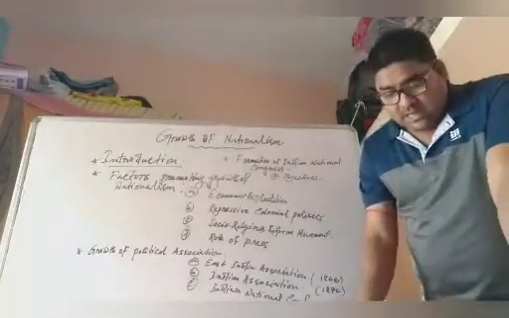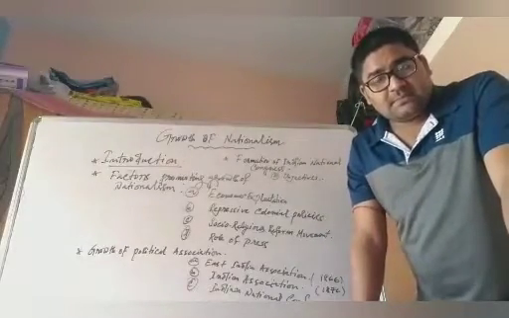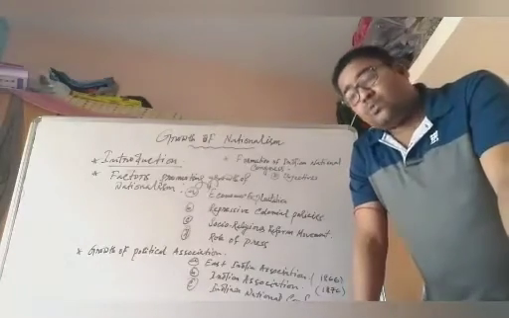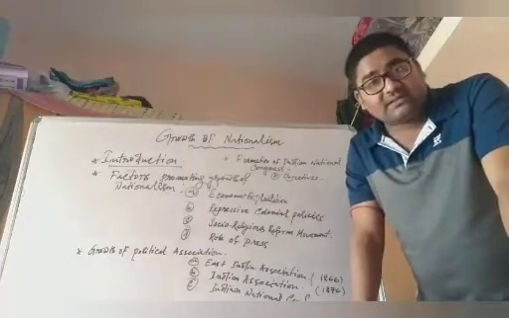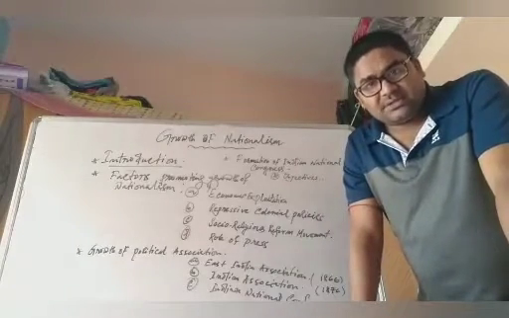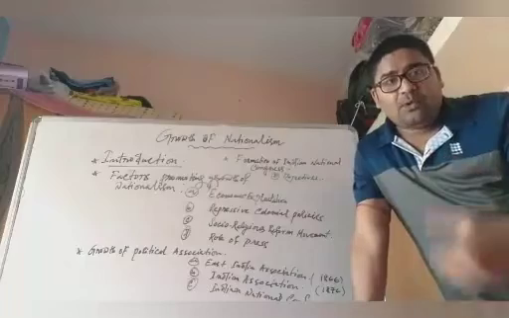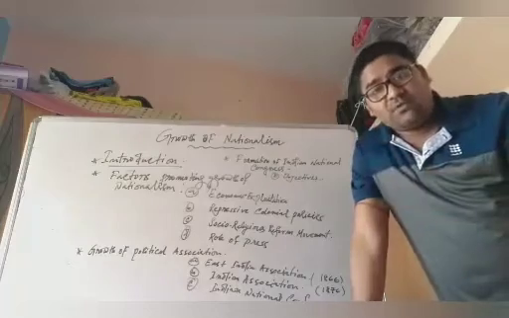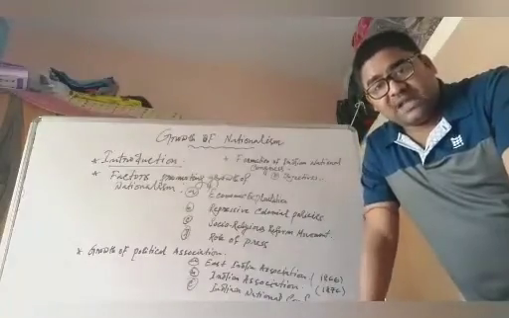Next, number four. The maximum age limit for the Indian Civil Service examination, which earlier was 21 years, he reduced to 19 years. And that made it difficult for an Indian to compete in such a tough examination at only 19 years of age. Next is number five. The import duties on British textiles were also removed, and this proved harmful for Indian industries, which could not compete with British industries.